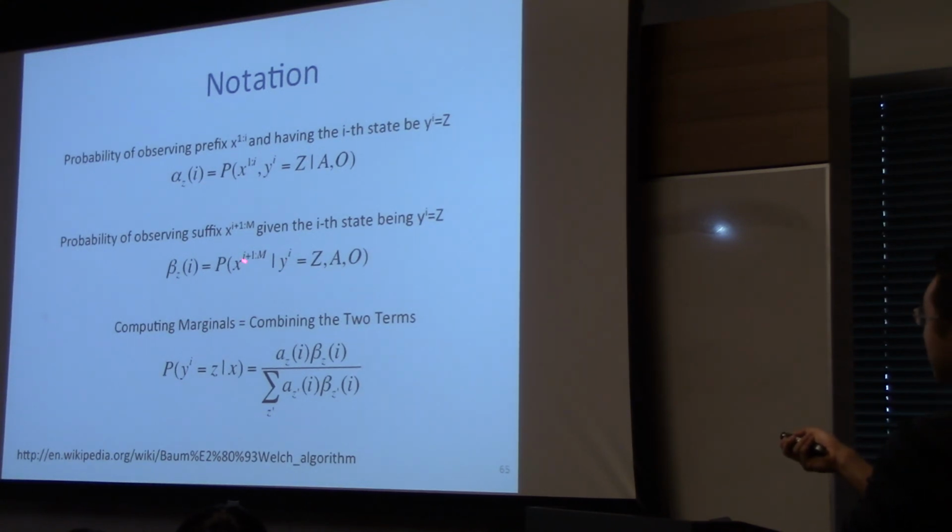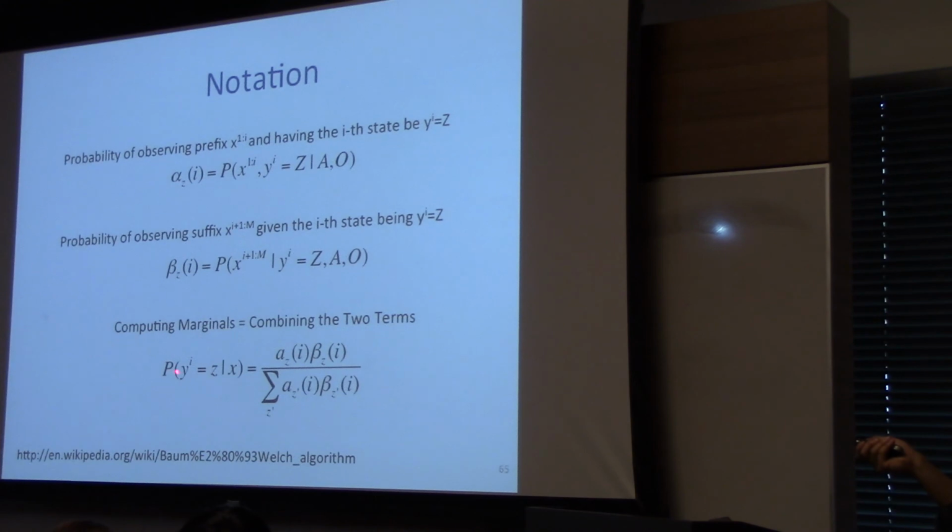So we want to predict the probability of the final i plus 1 to m subsequence of words, given y sub i equal to z and our model. You can show just through arithmetic that the marginal probability of y sub i equal to z given x is equal to this ratio. And here, you have to normalize, otherwise you'll underflow. So the forward backward algorithm basically says, I want to be able to efficiently compute